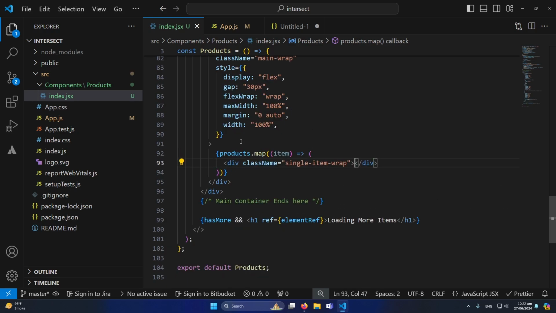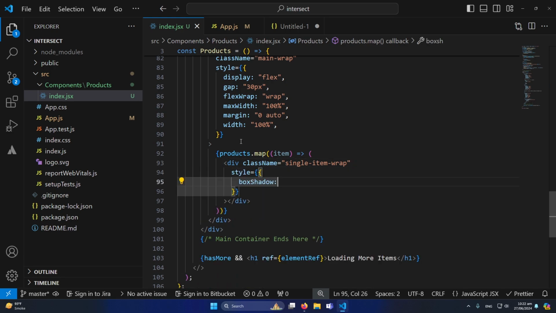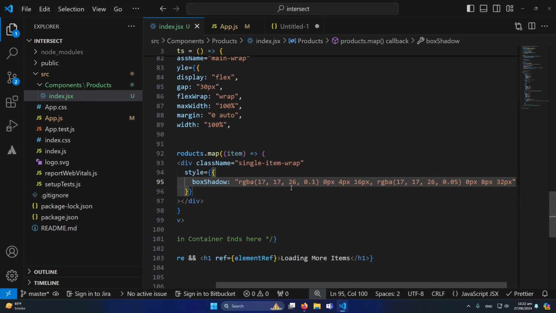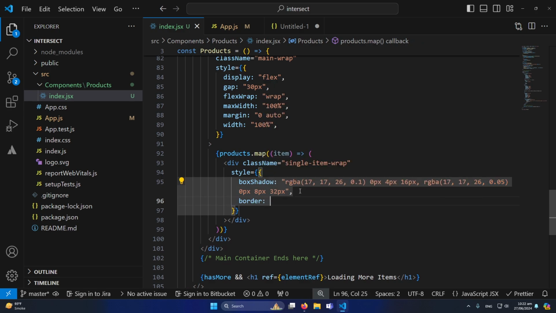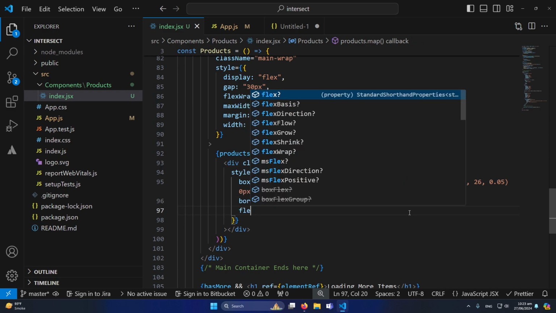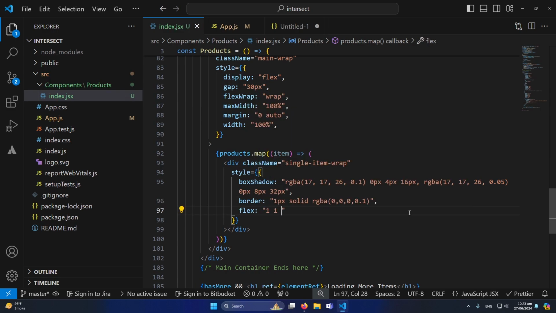Again if you want to skip this class you can skip, and inside this I'm going to style this box shadow. So I'm going to give this box shadow, you can pause the video to write this box shadow if you want to give same box shadow to your single item. And next comma, and border, for border I will give a 1 pixel border of this color which is light black, and flex 1 and 1, and calculate 25% and minus 30 pixel, because we have given 30 pixel of gap,